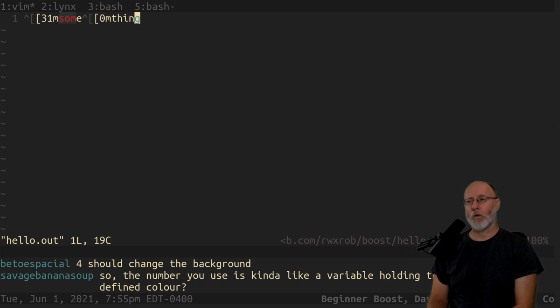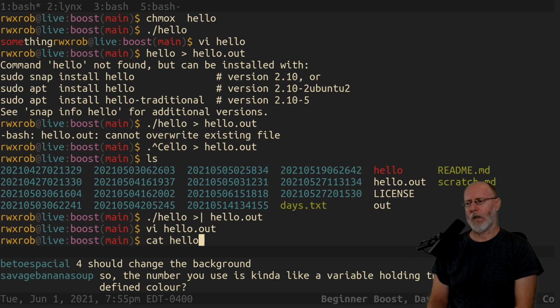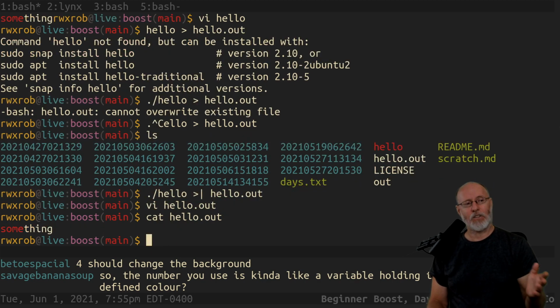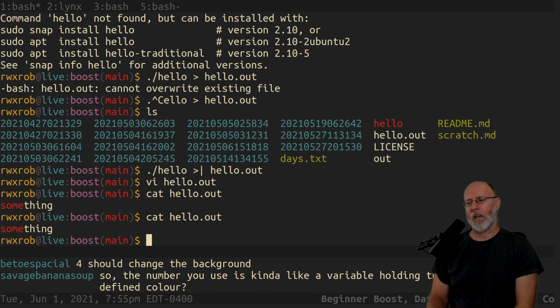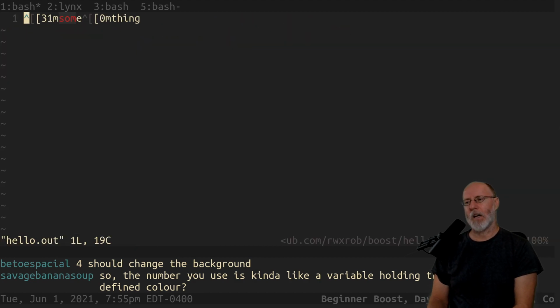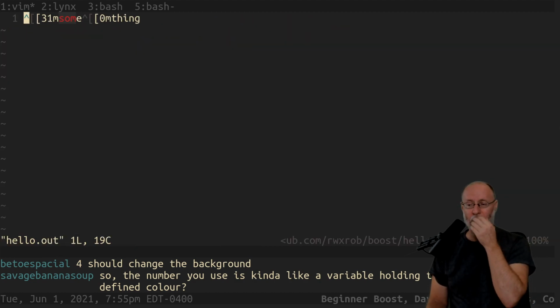So, and this will work actually. If you cat hello.out, the colors will work. Why? Because of the same reasons we talked about. The color is being sent inline to the terminal. The terminal doesn't care where it comes from. So it can be in a file. And the reason that this is interesting is because now you can actually make really incredible ASCII art with multiple